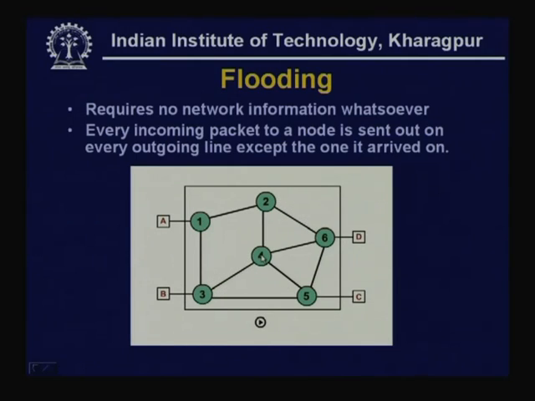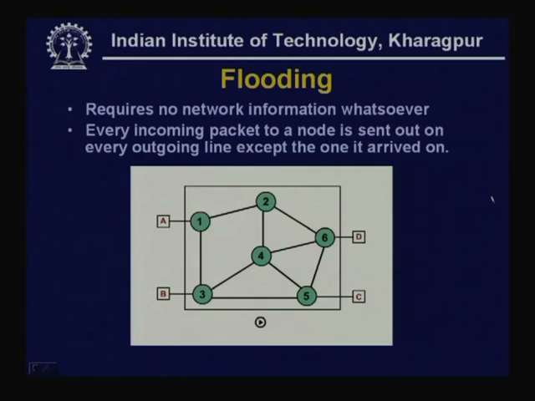Now, 4 has received, 5 has received, and 6 has received. These 3 nodes have received packets. So, they will again forward in all directions. So, as you can see, to deliver a single packet, a large number of packets are generated. This is a very alarming situation. So, we find that this technique